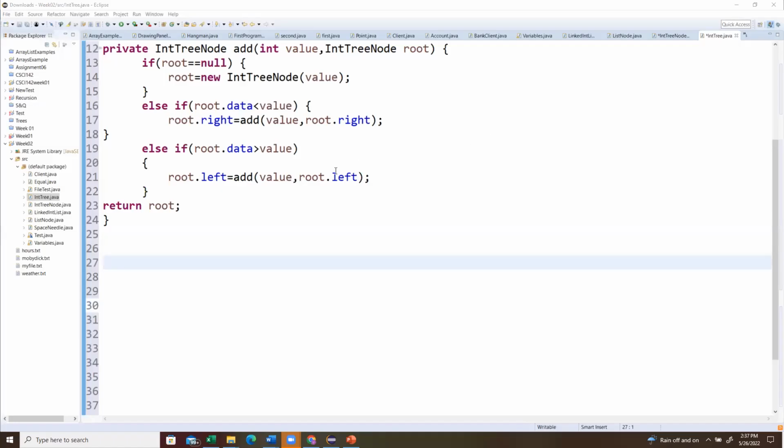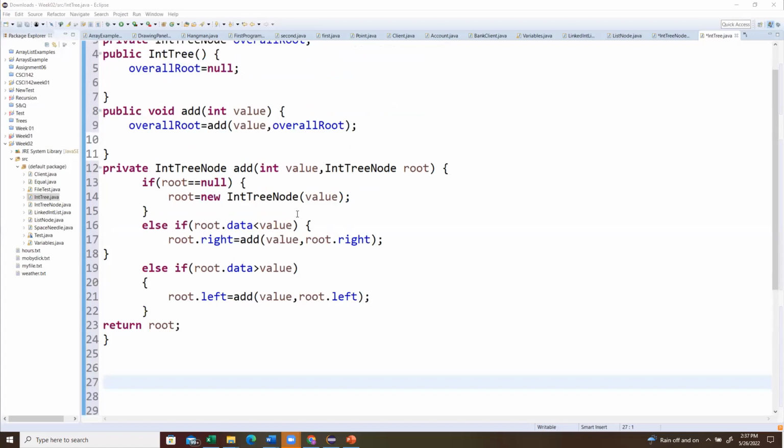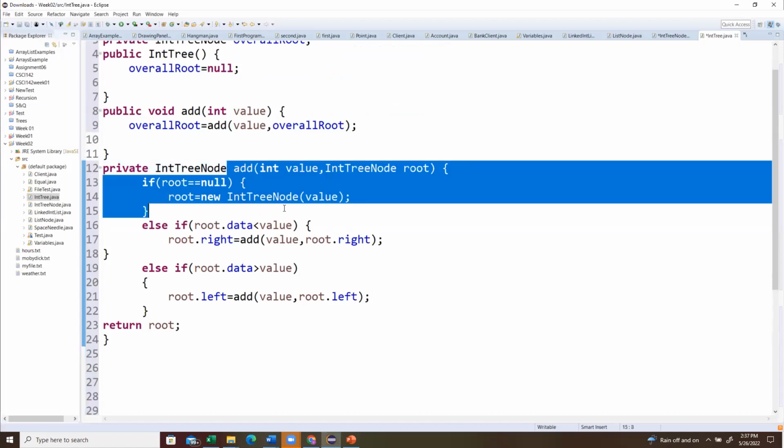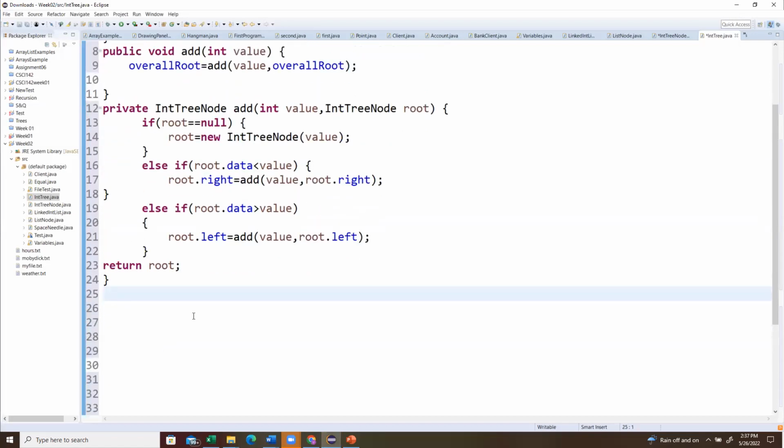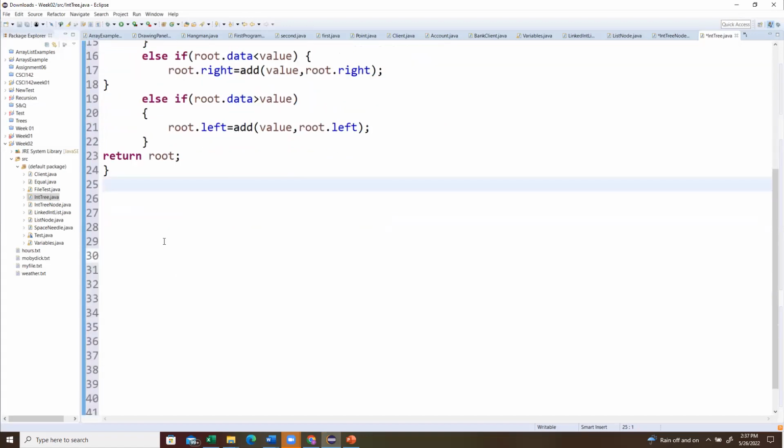Okay, so next what we have to do is, we don't have enough time, so we will be writing our add method and we will write one print method. To print, we will pick one of the traversal ways to print our binary search tree. You can pick pre-order, in-order, and post-order. We will do only one, which will be, let's say, pre-order, and in-order and post-order will be quite similar. And I can guarantee that you can see how simple that is after you see the coding for